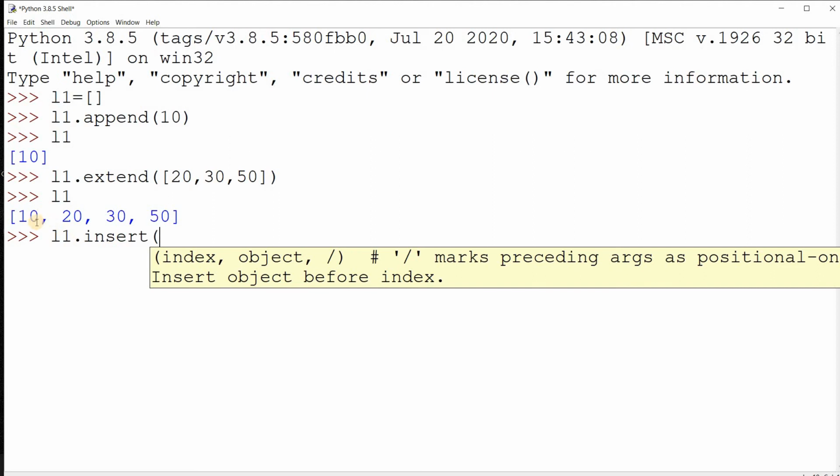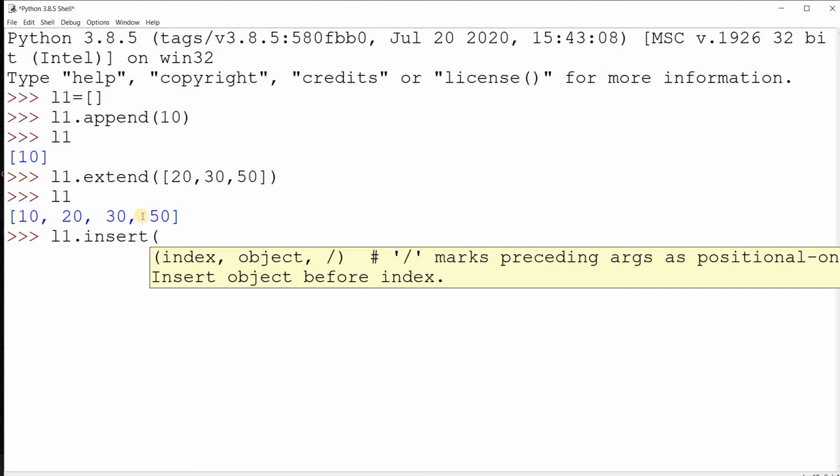In a list there is indexing, so this 10 will be at index position 0, 1, 2, 3. This is known as forward indexing, and in a list there is also another kind of indexing, that is backward indexing. It starts from the end of a list, that is -1, -2, -3 and -4.